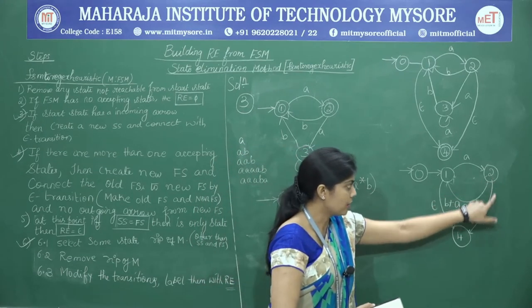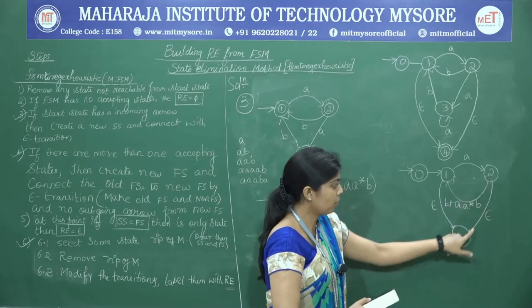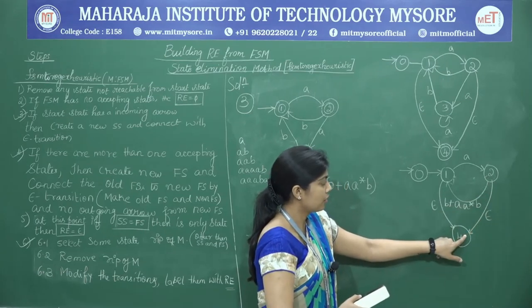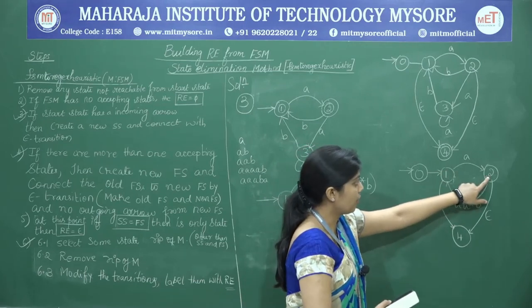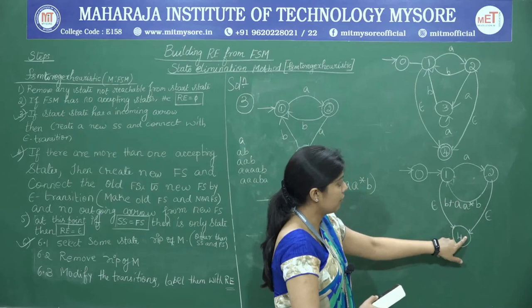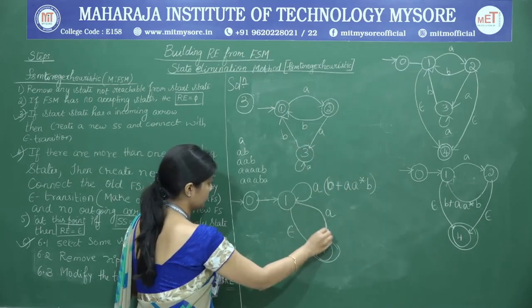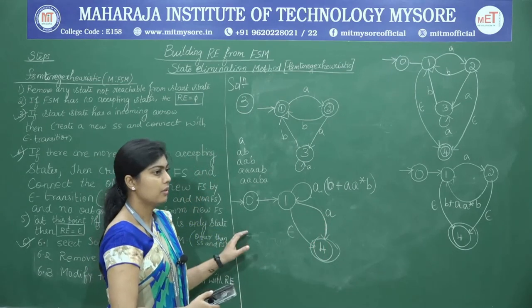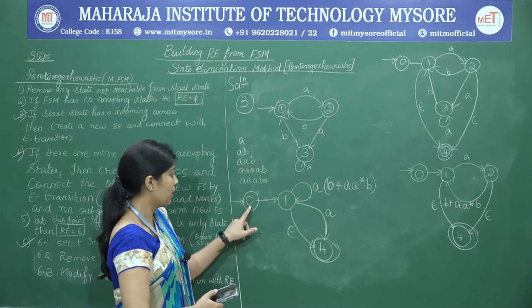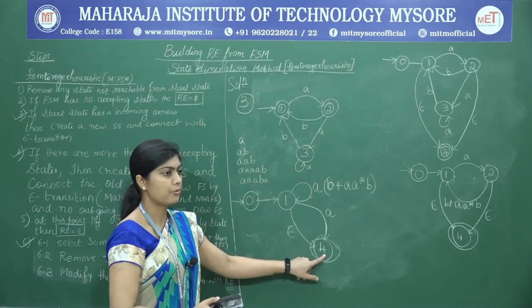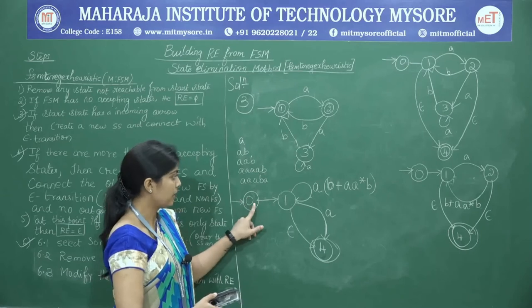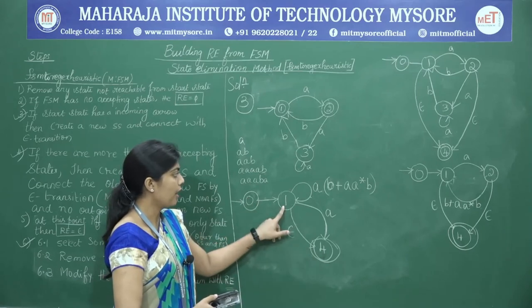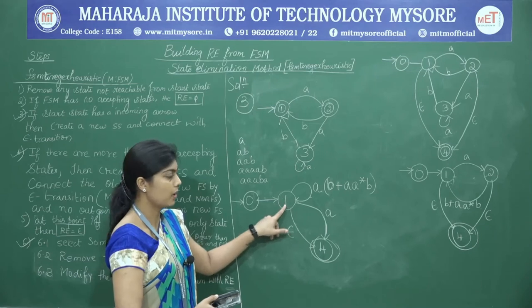Then there is a second arrow which is going from 2. From 2 we are reaching this 4. So from 1 we are starting, to 2 we are going, and from 2 we are reaching 4. Therefore we are reaching from 1 to 4. Now we have arrived at a step where 0 is the start state and 4 is the final state. So we are going to preserve this 0 and 4, and we are going to eliminate 1.